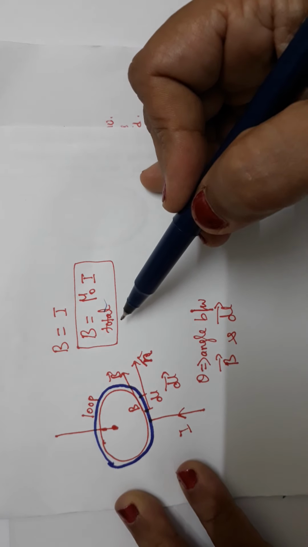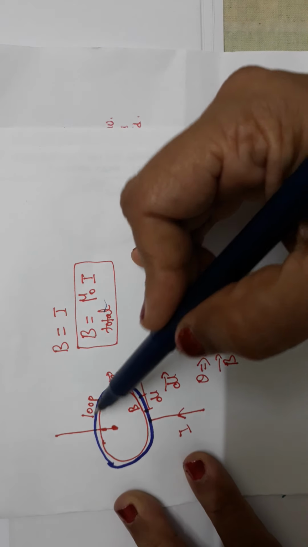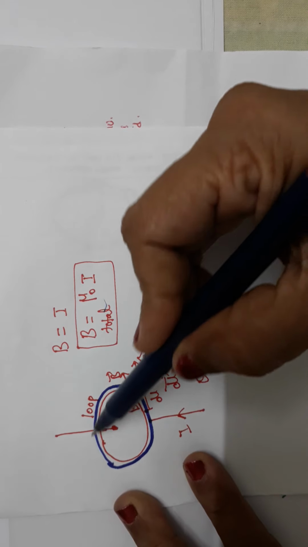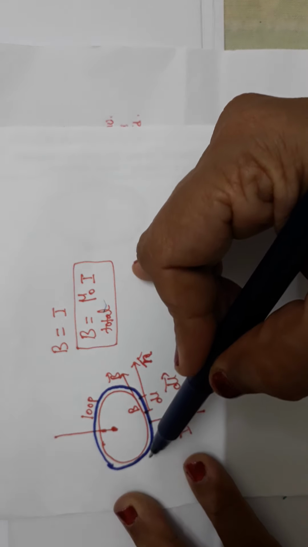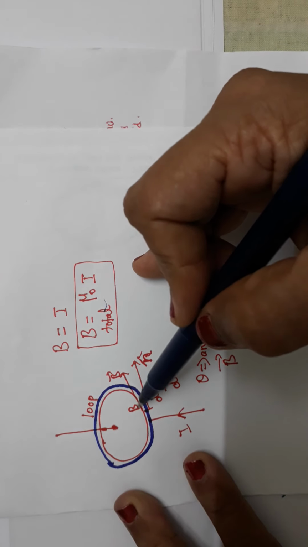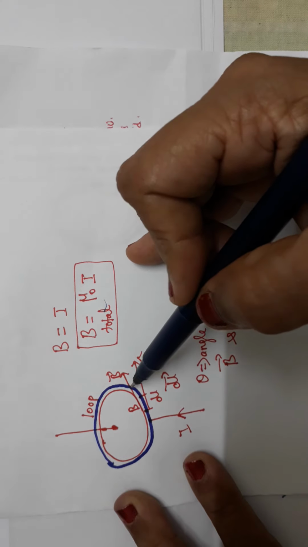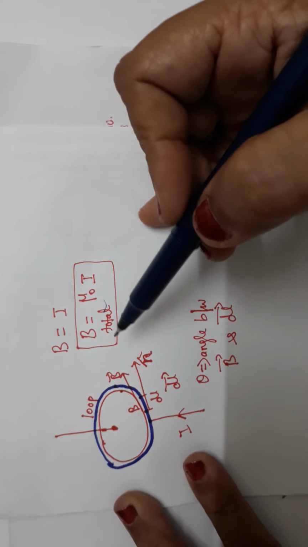So to find the total magnetic field, what you have to do is imagine an Amperean loop, whatever I have drawn in this blue color. You have to enclose the magnetic field. This B should be captured, otherwise enclosed by the Amperean loop. This is the Amperean loop enclosing this magnetic field, right?